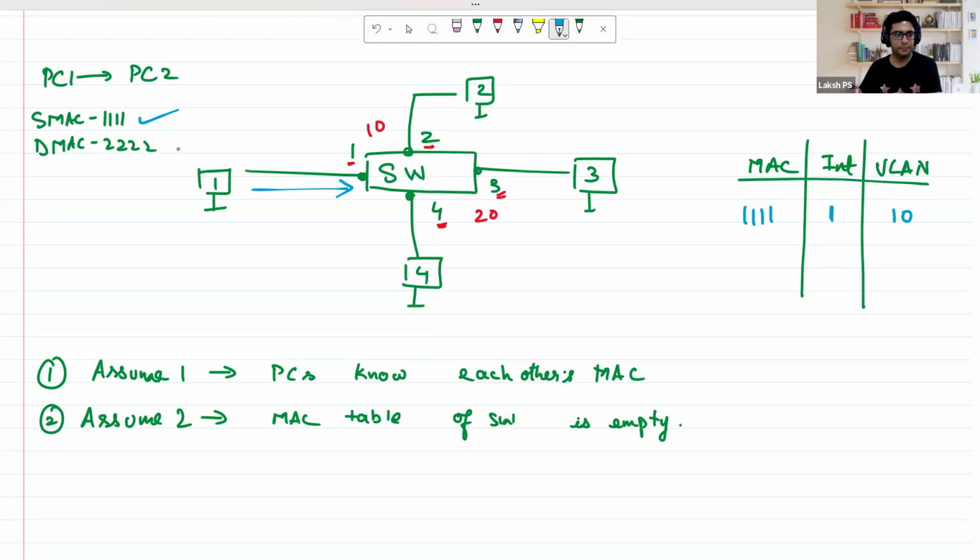Then the second thing: it checks for the destination MAC in the MAC address table. The destination MAC is not present in the MAC address table of the switch. What does the switch do when the MAC address is not present in the MAC address table? It broadcasts the packet, correct? But earlier, when we did not have any VLANs involved, we could broadcast it out of all the interfaces, right? But here,